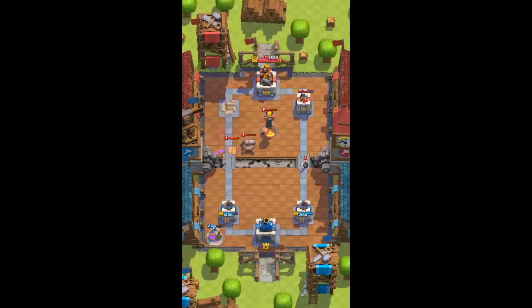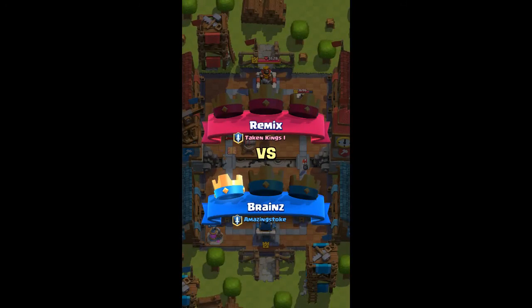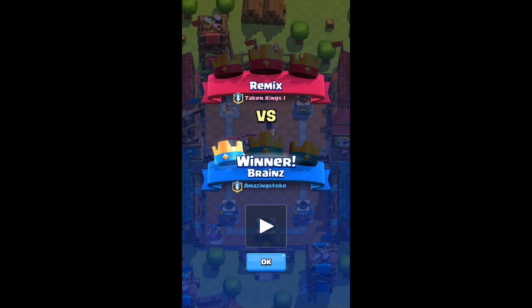The Expo got taken down. The Pekka, although a very heavy elixir cost,